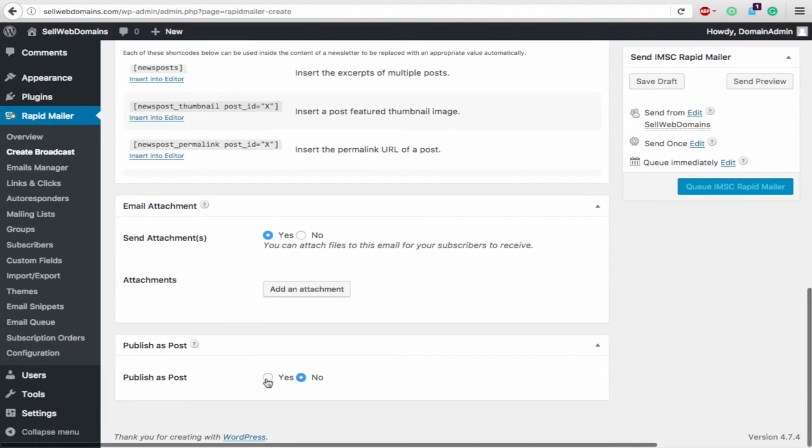You could publish it as a post on your website in addition to the email. So that could be pretty cool if you want to use it for traffic generation. If you have like a series of content emails that you want to send people, you could also publish them as a post on your blog and then start generating some traffic and revenue for those people who aren't subscribed to your emails. Then you could even add like an opt-in plugin on your post and say, hey, do you like this post? Opt into the email list to get more like it, and then that could also drive traffic